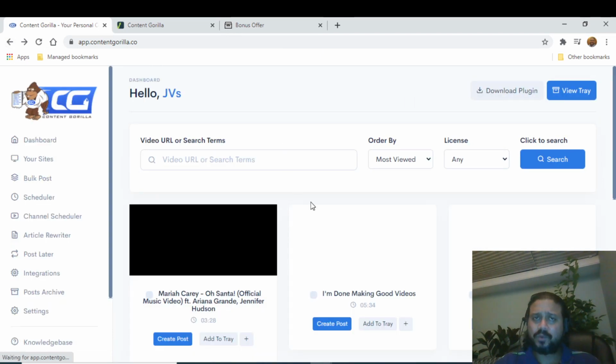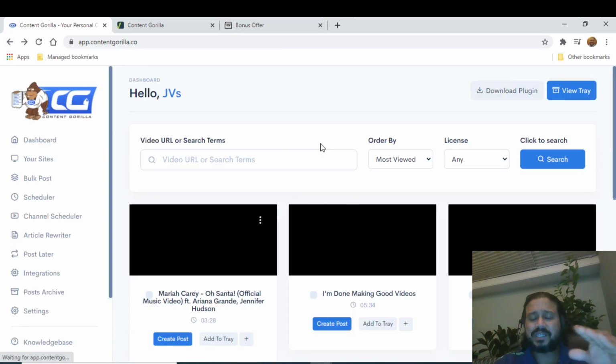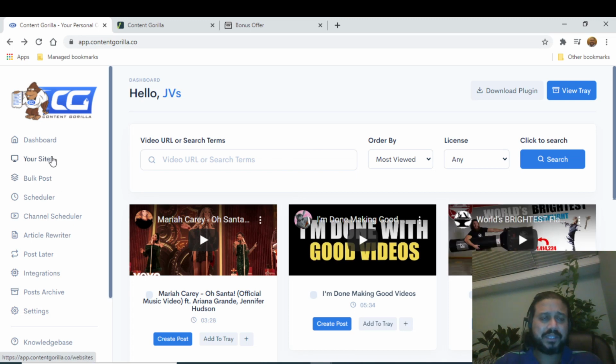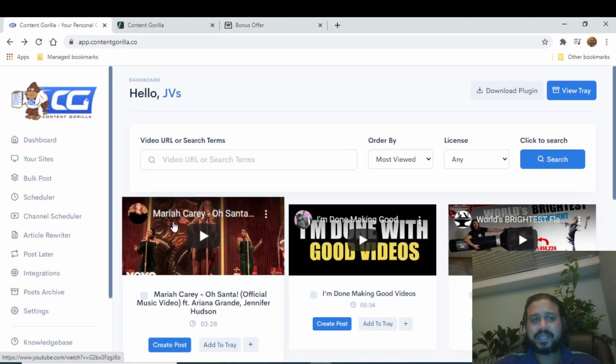Now again, as I told, the detailed steps and procedure are there in my demo, but you can still do scheduling. If you want to post certain things at a particular time or particular date, you can do that with the scheduler. You have got channel scheduler as well. You can write an article. If you want to write it independently, you can go and do it. If you want to post later, you can do that also.